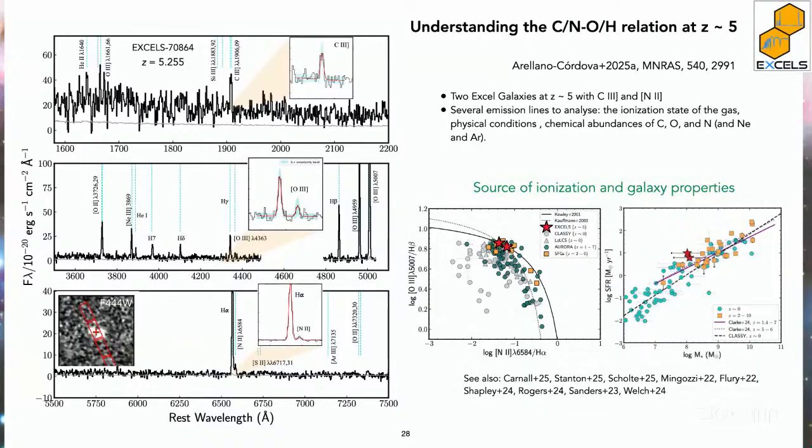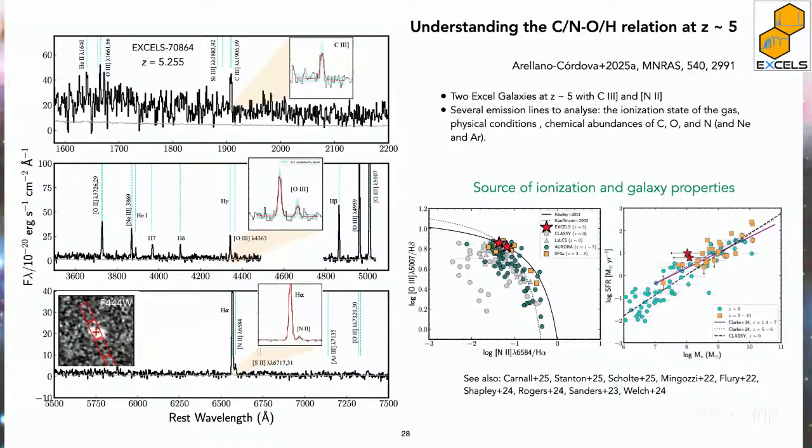First is to try to see what is the source of ionization for these targets. Here is a very well-known BPT diagram that shows us where the source of ionization is. Basically, in this region you have star-forming galaxies, with all the ionization due to star formation. These galaxies are delimited here, still considered star formation, with no contamination from AGN. So these galaxies are really in the pool of other observations, including CLASSY, and other objects, AURORA. Those are also star-forming galaxies.